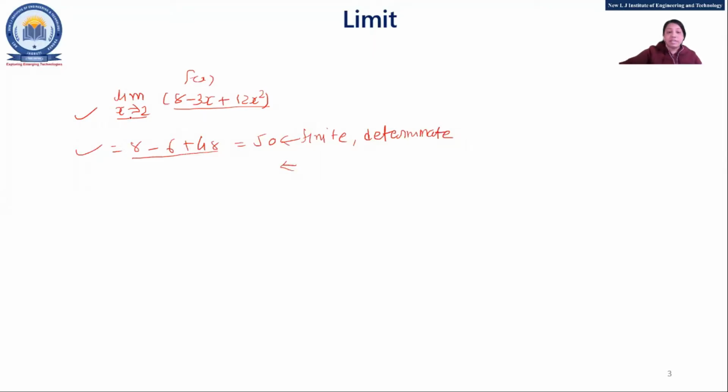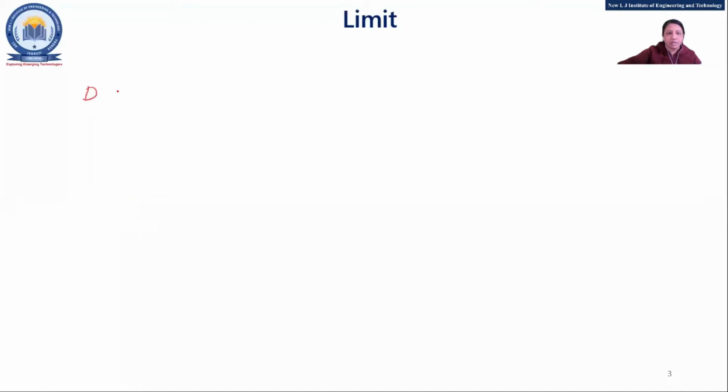Fine. Now here, it's only one variable, x equal to 2. But now in this chapter, we are going to cover the limit and continuity for more than one variable. That means maybe two variables are given, that is x and y, and we are going to discuss the limit concept on those two variables, right? So first we'll start with the definition of limit. Suppose I have a function, that is f of x, y. So obviously two variables are there, and x and y are two what?